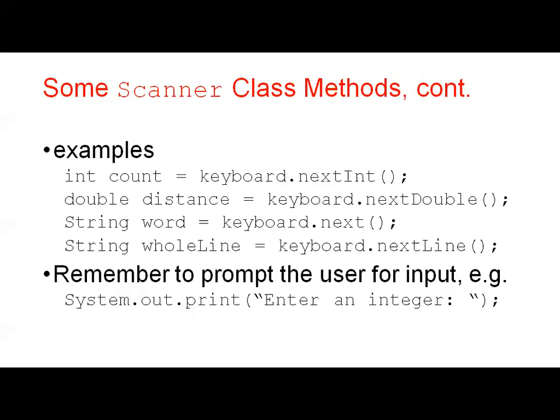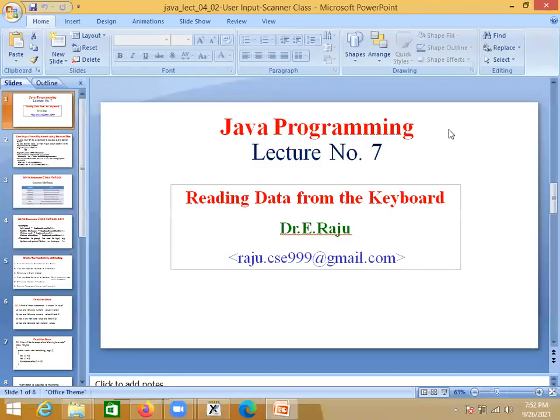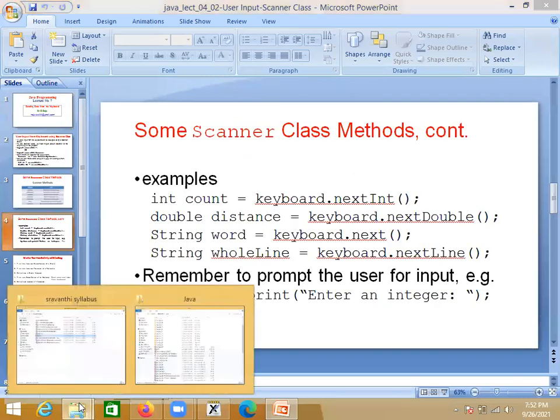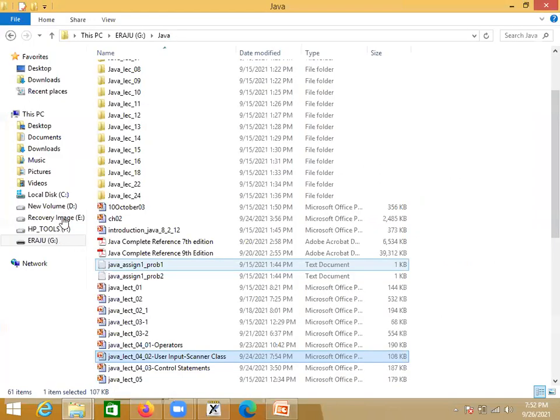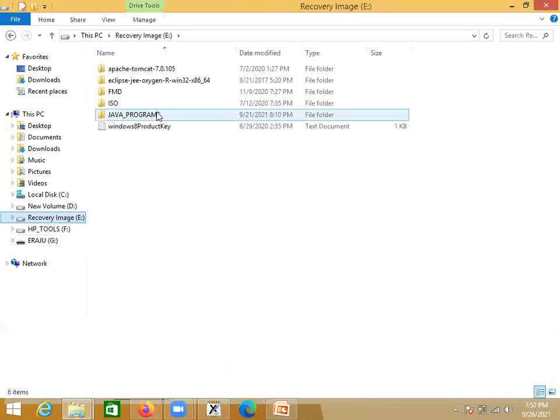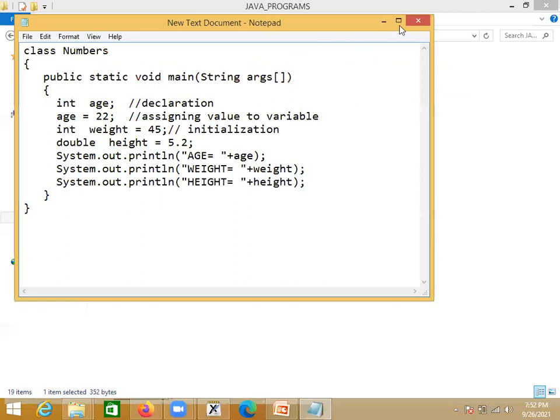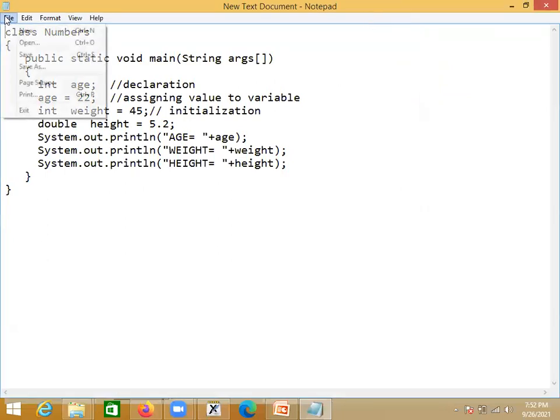Right, so let us write a simple program using these methods. Let us go back to our Java programs and open a new notepad.